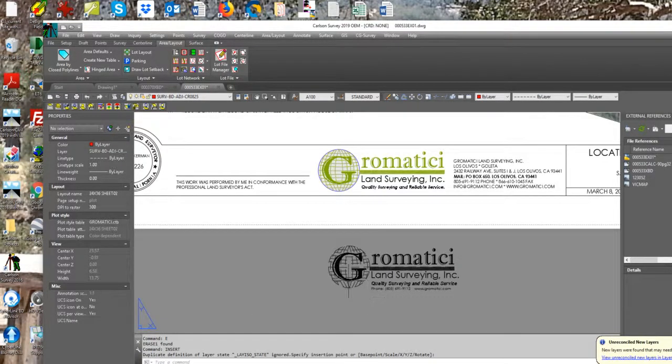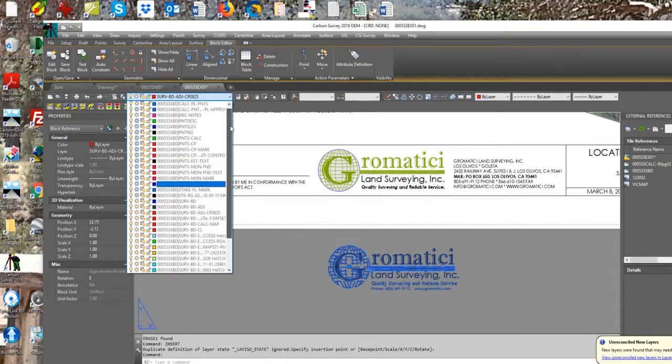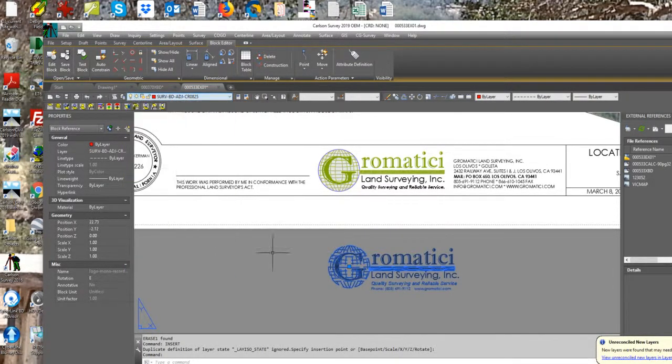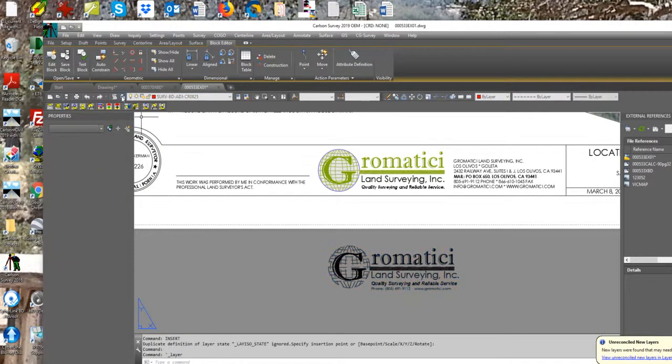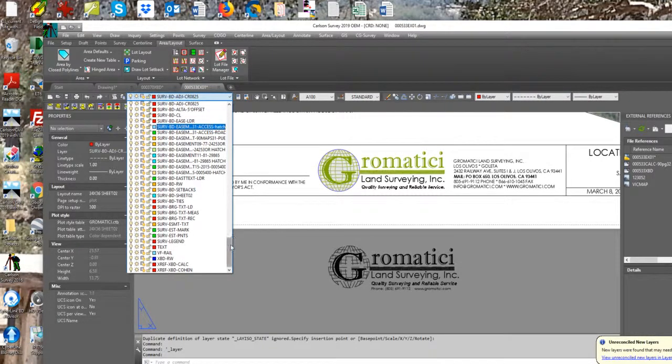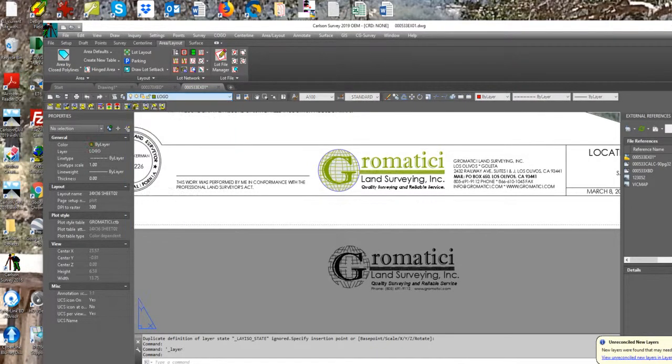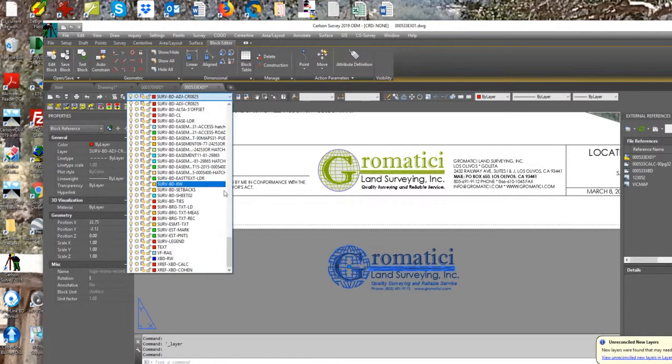Now if you insert it, it'll be on the layer that you have current. So if you want to pick a different layer, then you'll want to make that current. So we'll just pick logo, which we have in kind of an unusual color, but the block itself is none of those colors, so